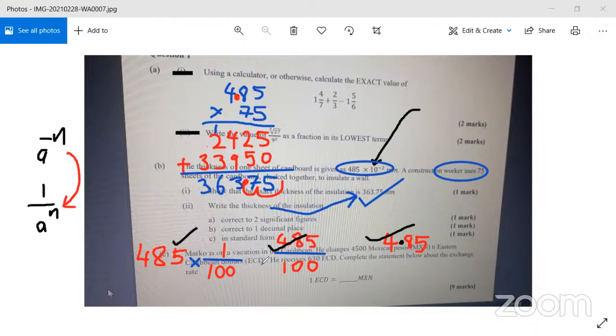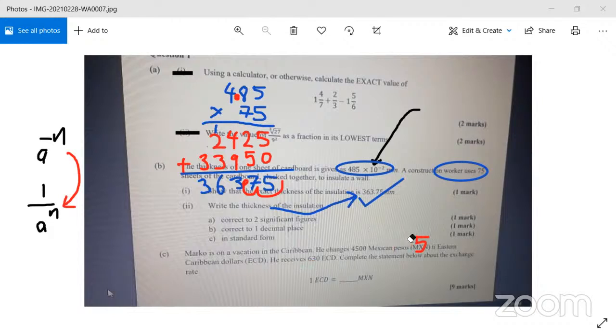This results in this, and this results in this over here. So the easy part now is, now that you have your number, you have to correct the significant figures, correct to 1 decimal place, and place it in standard form, which, okay,